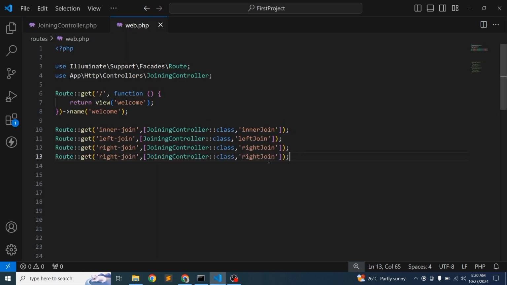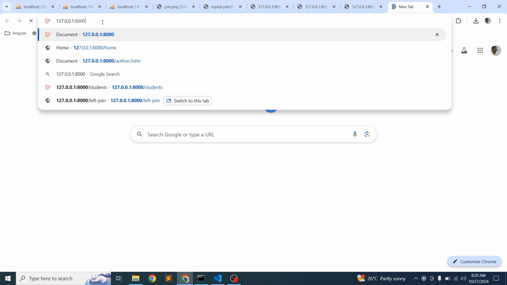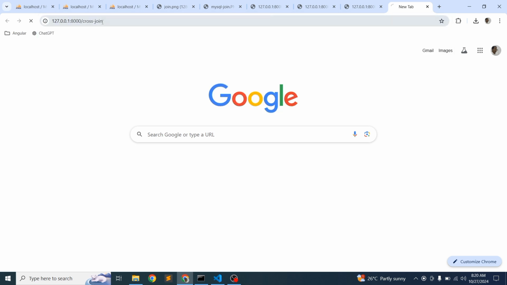Okay, so simplify cross join and here write cross. Actually, this is the URL. Whatever you write will appear in the browser. Okay, so now just write 127. This is my URL and the cross join. Okay,